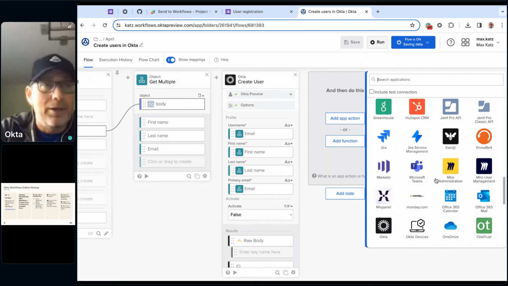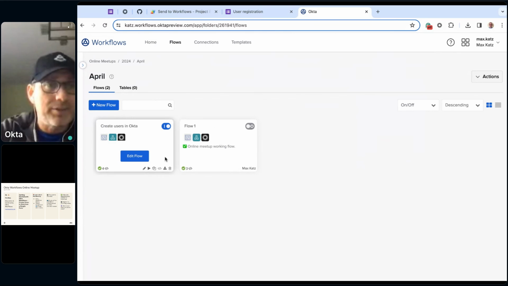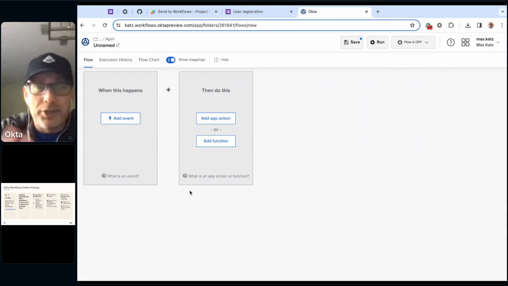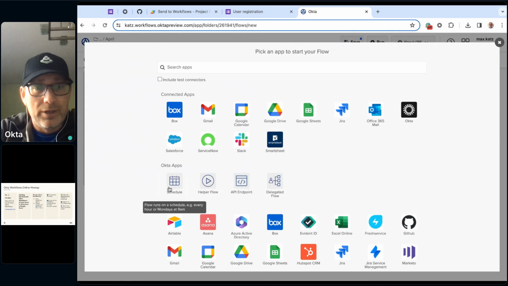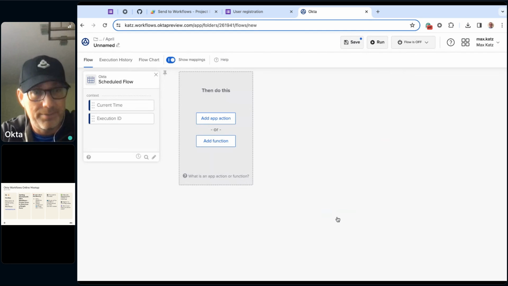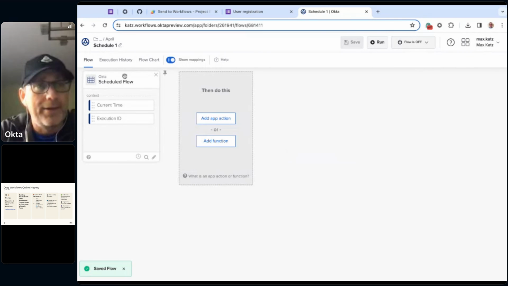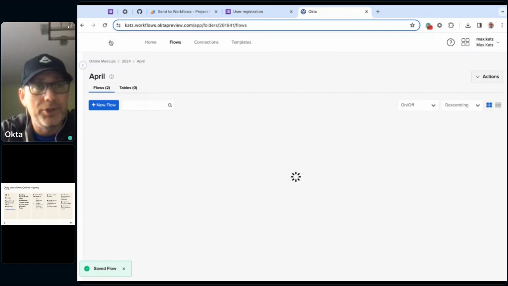But let me exit out, and just to show you quickly, I know we have like one or two minutes left. I created a new flow, and if I wanted to do this on schedule, I would click the schedule, right? And then I can configure it to run as often as every 5 minutes. So that's option number 1 here. Okay, so we'll save this schedule 1, and if I go back to my folder,